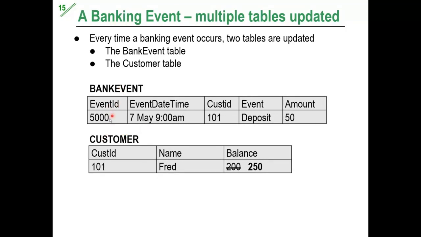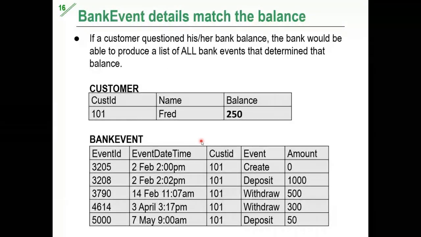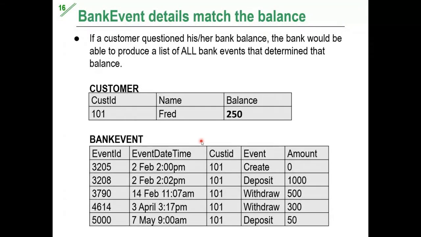Updating the bank event table means I need to insert a row into it describing what this increase of 50 means. In that way I can keep the history. At one point of time, Fred can come and ask, can you give me a detailed description of the history